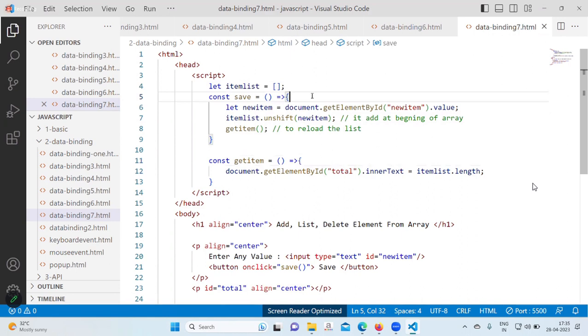So what we did, we took the value from the text box and we are pushing it inside an array. That array name is item list. Again, we are calling a function called get item. For what purpose? To denote the list. Get item function is finding the length of the items inside the array and sending that length to this variable, called total. Now you will call this get item function. On click equal to